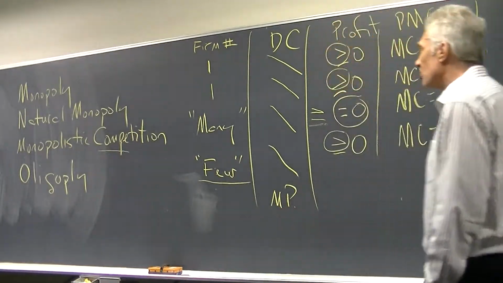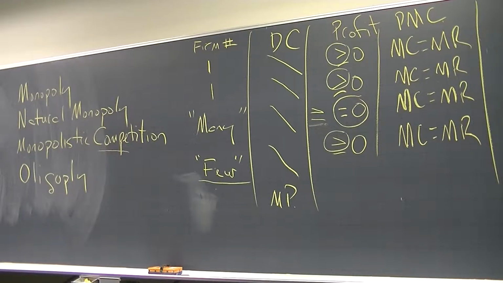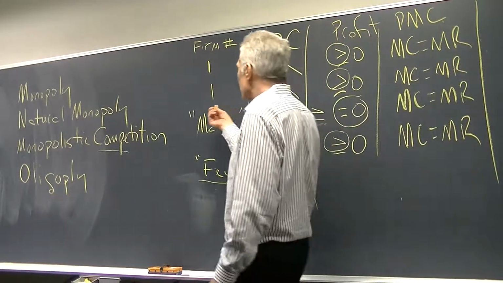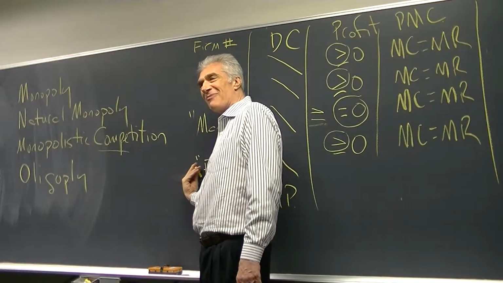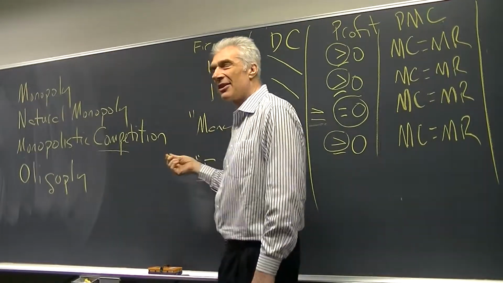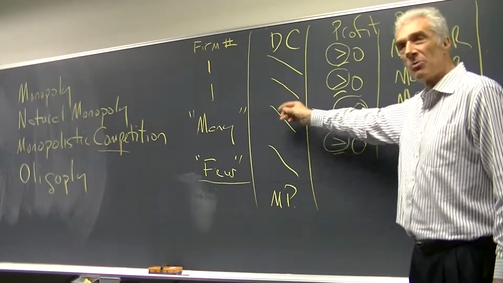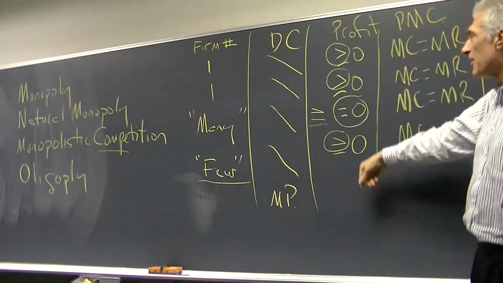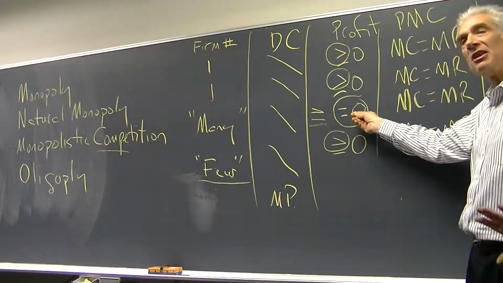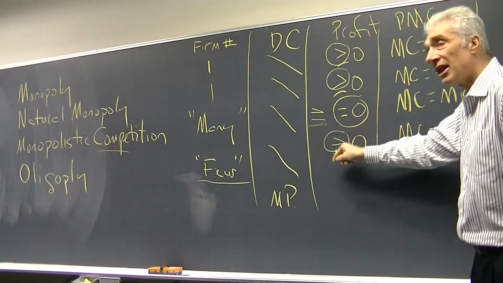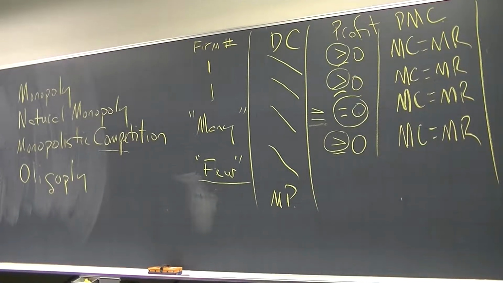So I'm saying all these conditions are kind of the same, but now we have to see how we end up with this outcome. There are differences. But they all have downward sloping demand curves, and pretty much the same profit condition. Monopolistic competition is more likely to have zero economic profit, the others more likely positive, but they all maximize profits the same, and they all have higher prices and lower output than under perfect competition. All of them the same.